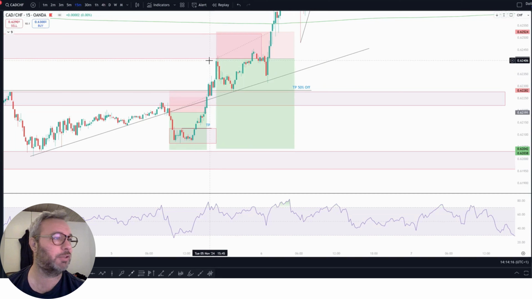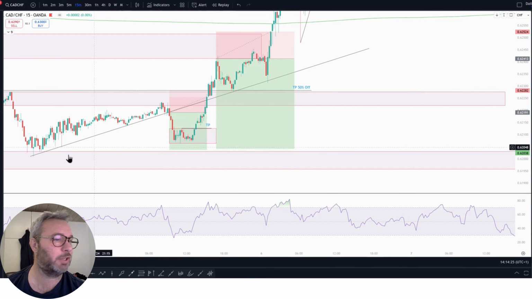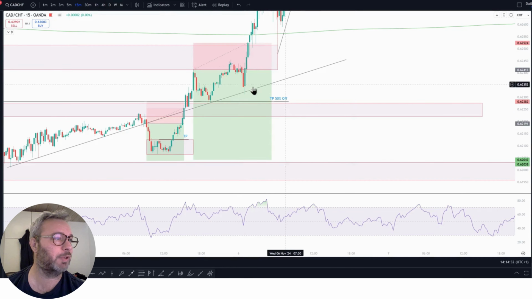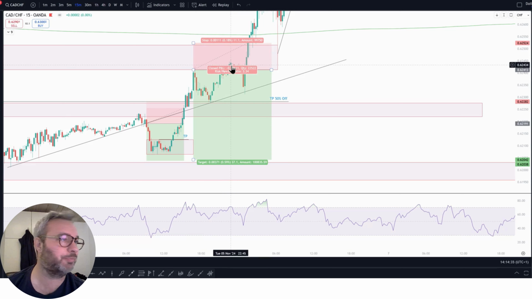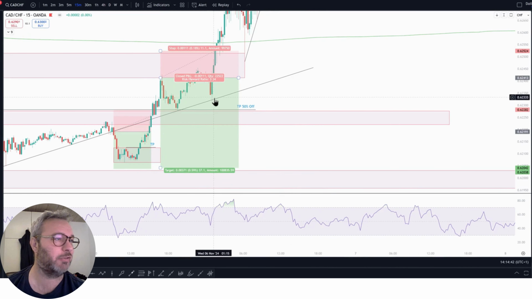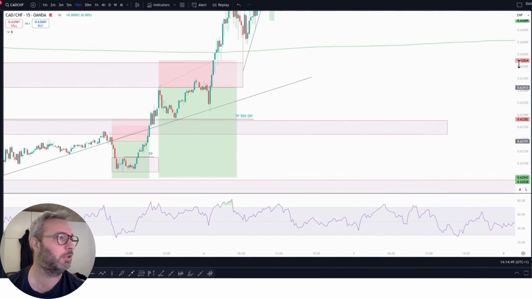Price rejected, and I shorted nearly immediately. See rejection, and then one more rejection on the way down. At my trend line, I still use the same trend line, took 50% off. Price went up around. I didn't close it here. I expected it to continue down, and it came down, but at this rejection here again of the trend line, I moved my stop loss to break even. And I took the 50% profit from that.